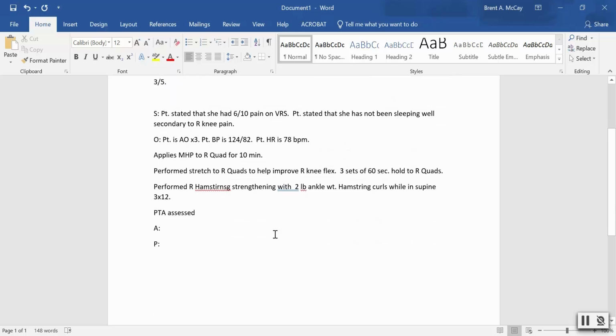Weird. Sorry. Right knee flexion post stretch. Okay. Patient active range of motion was, say she moved up to 90 degrees of flexion,